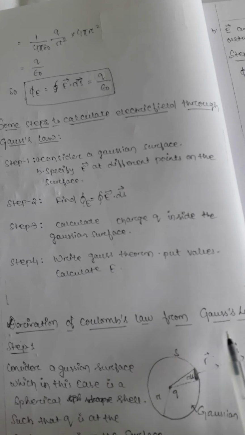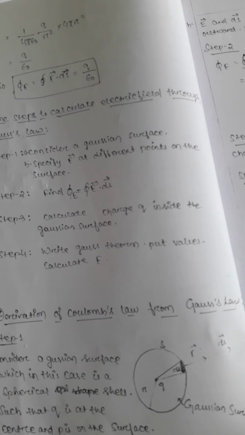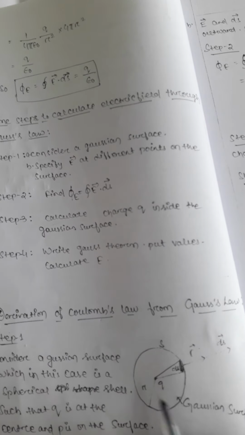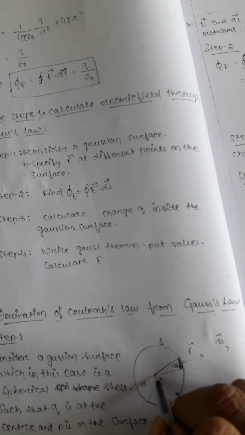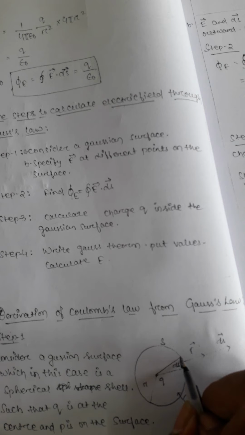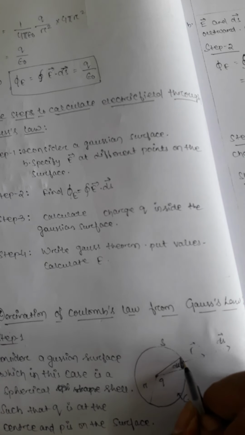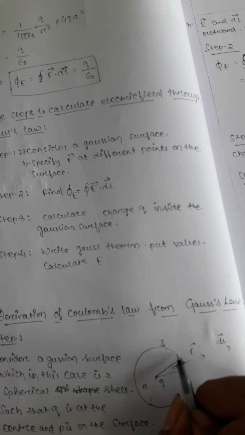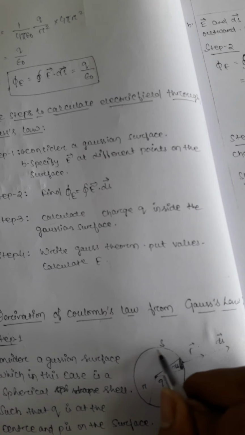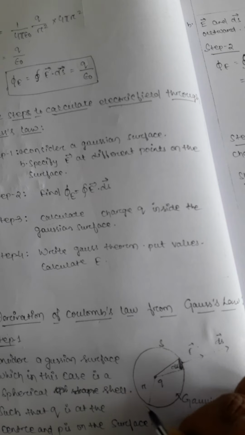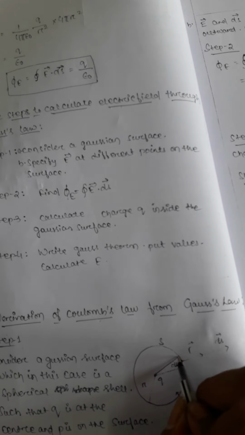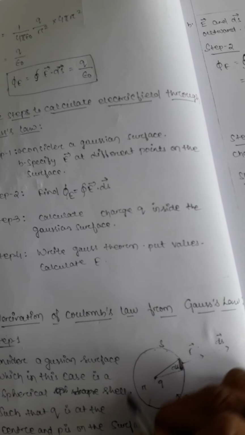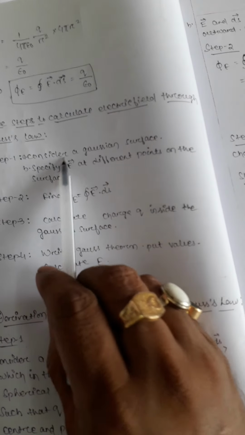So the first application is the derivation of Coulomb's law from Gauss law. We have to find Coulomb's law using Gauss law. For this, take a charge q here, and suppose we have to calculate the electric field at this point. Then we have to imagine a Gaussian surface, and for symmetry we have imagined a sphere here, because the radius is the same everywhere and the electric field will be the same everywhere on this Gaussian surface. So the first step is completed.